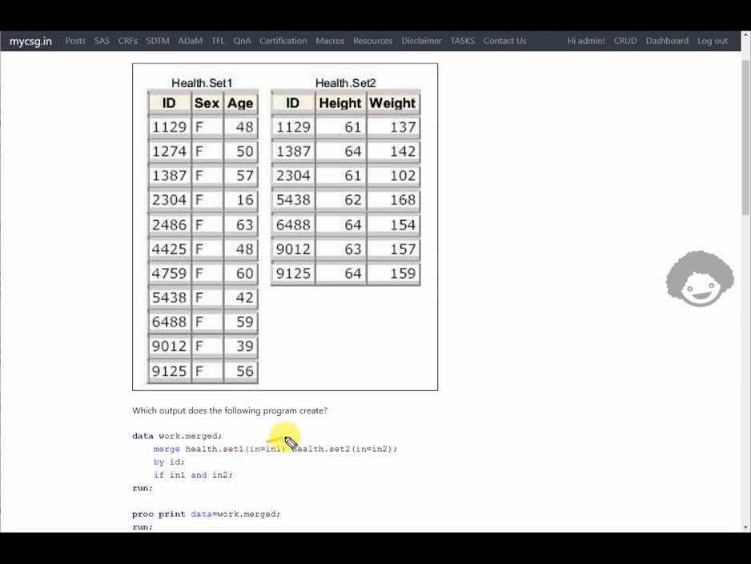So the value of in1 will be 1 if an observation... What happens when merging is observations from two different datasets get combined into a single observation. So if the dataset is contributing to a particular observation, we'll have a value of 1 for that temporary variable in1 or in2. For example, if we have a particular ID value which is present only in one dataset but not in the other dataset,